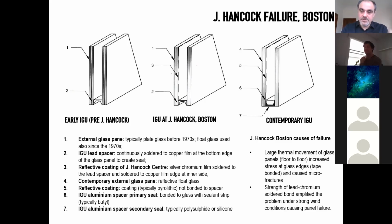I said to you before, there were some problems with double glazing where often they fogged up. There were some issues of insurance performance within the products themselves. But in this case, the failure was induced by the manufacturing process itself of the product, which was the thermal paint system that was used by LOF. And so in this case here, given the big size of the panels, and given also the reflective coating that was inserted into the double glazed unit, what happened was that